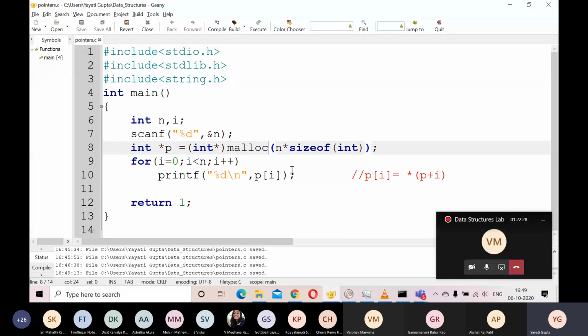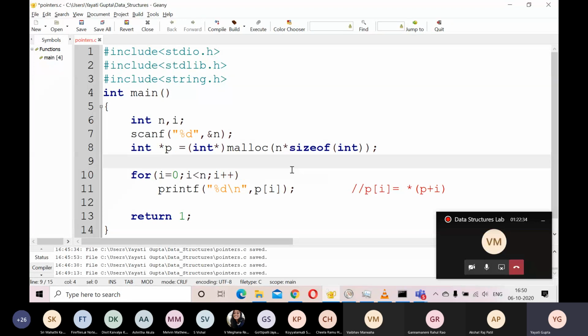So after you try allocating certain memory with the help of the malloc function, you should actually have a small sanity check here, and you should check whether this value of p is null. If the value of p is null, it actually means that the malloc function failed to assign you the memory, and you can actually print here "failed", and you can just, let's say, return from here.